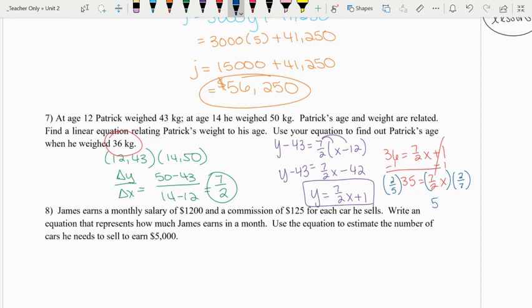When we do that, we get 5. I wrote that one. This one is 7. Let me try that again. This is not 5. This would be a 10. So he